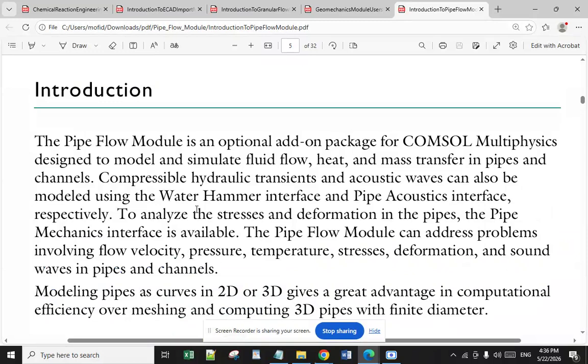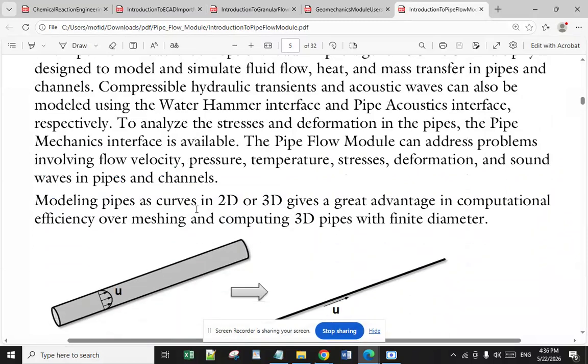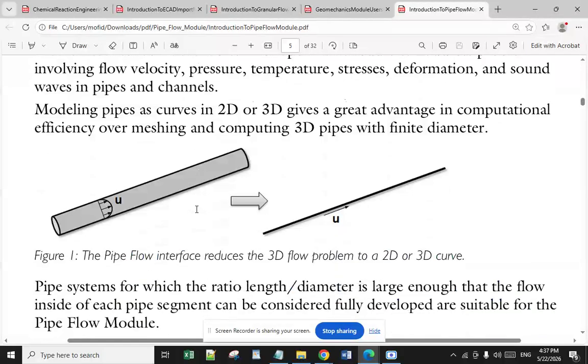Compressible hydraulic transient and acoustic waves can also be modeled using the Water Hammer interface and Pipe Acoustics interface, respectively. To analyze the stresses and deformation in the pipes, the Pipe Mechanics interface is available. The Pipe Flow Module can address problems involving flow velocity, pressure, temperature, stress, deformation, and sound waves in pipes and